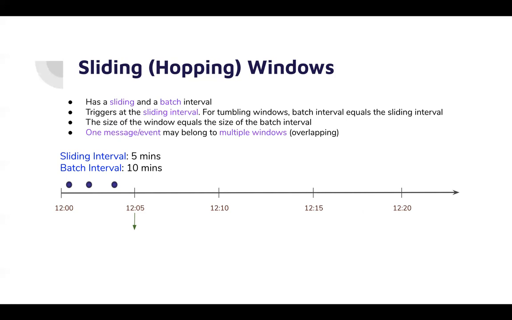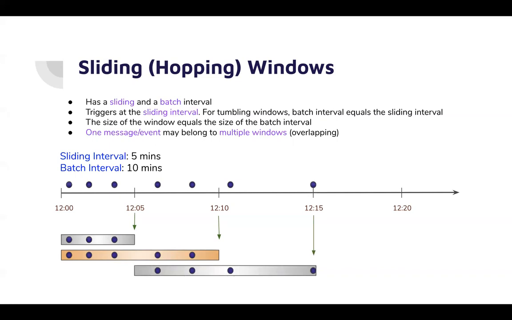So let's say our processing is started at 12. All the data in the last 10 minutes, we don't have data before 12. So this is the data which we have, and that will be processed. New data comes up, and the next trigger will happen at 12:10, and that will take the last 10 minutes of data. So this is how the window will look. If new data comes up again, 12:15 will be your next trigger, and here we will be taking data from 12:05 to 12:15. So this is how the window will look. And again, as and when new data comes in, your new window will look like this.